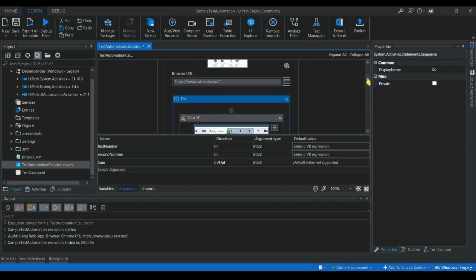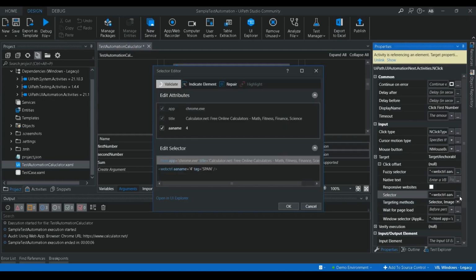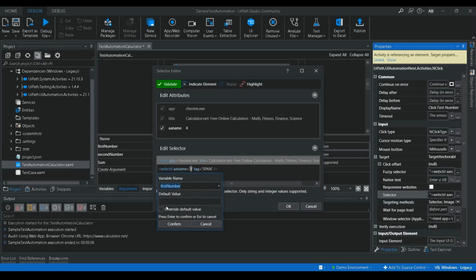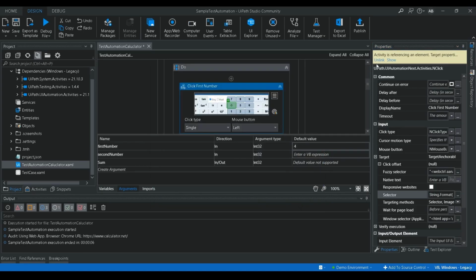Currently it is clicking only on the digit 4, so I'm going to make it dynamic with the first number. Then I'm going to target. Here we can see the fuzzy selector as well as the selector is there. I'm going to choose only the selector, I don't want to go with the fuzzy selector. Let me select this, right click, use variable, first number, override default value, confirm, and validate it again. Yeah, this is fine. Then click on unlink